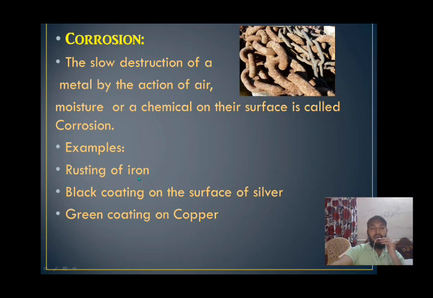You are very much familiar with rusting of iron. You have seen many examples around you. Rusting of iron is due to the action of air, moisture or any chemical on the surface of iron, due to which the iron gets spoiled. You can see here in this image there is an iron chain. It is not corroded, but this iron chain, due to being exposed to air or left for a long time in the air, becomes corroded. So we call it corrosion.